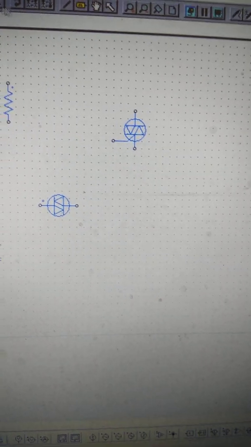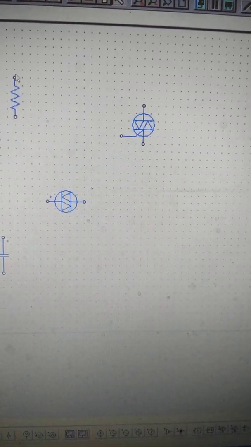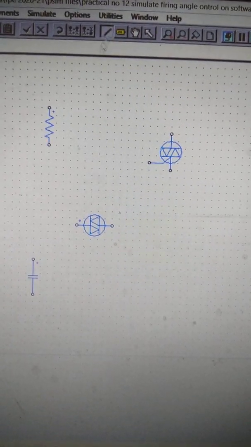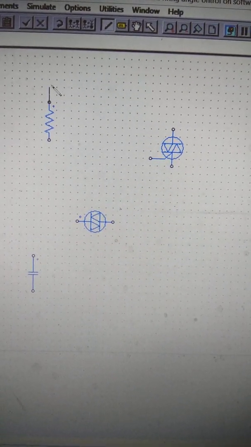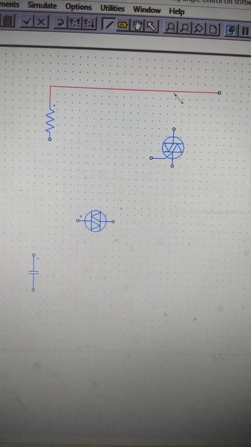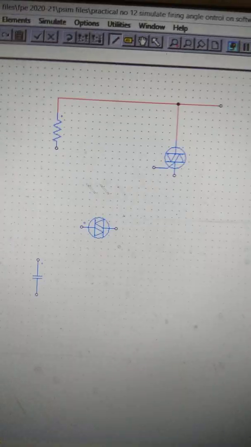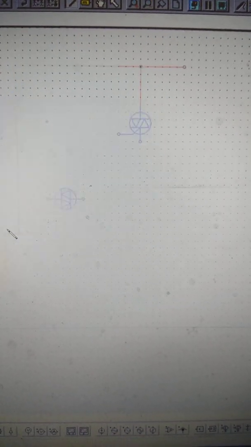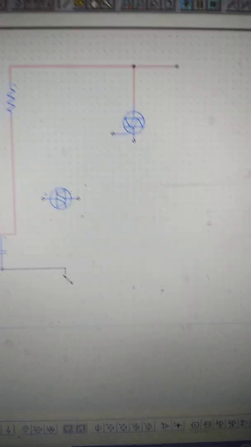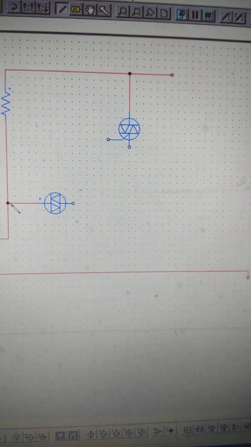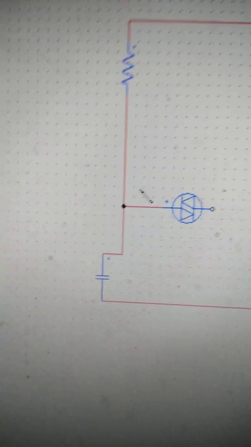All these components are interconnected by using wire. This dot indicates a junction point.